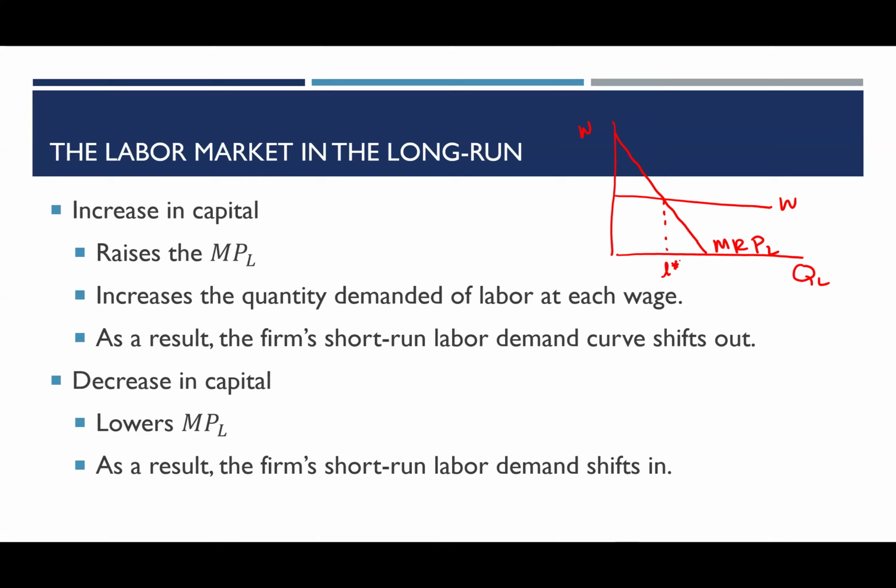If the firm hires more capital, and we're assuming that the marginal product of capital looks something like this, more capital means that labor is more productive, and so that marginal revenue product curve is going to shift out, and more